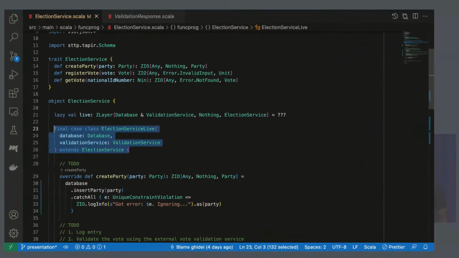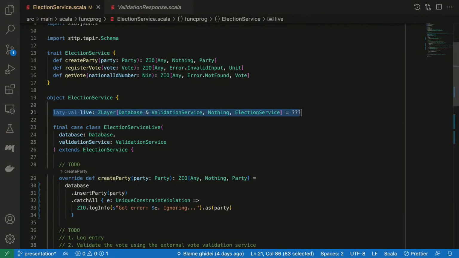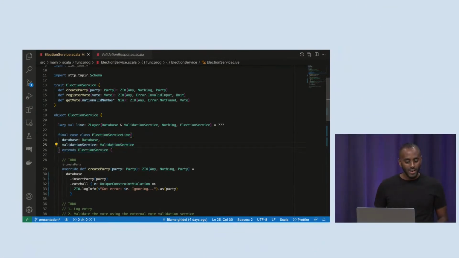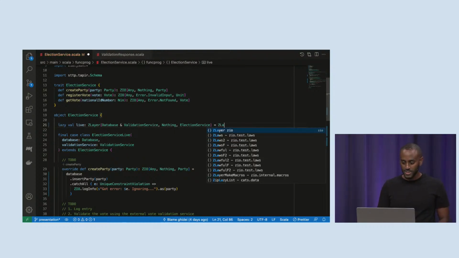This line here, implementing the interface, is very similar to this Z-layer. What we're saying here is that this Z-layer, given a database and a validation service, we can produce an election service. And we're actually saying the same thing here in Scala. We're saying, given a database and the validation service in the constructor, we can provide you an implementation of the election service.